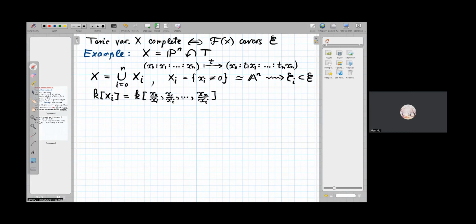Xi over xi is just the unit element. It is not included in the set of generators. And the eigenweights of these functions with respect to the action of T